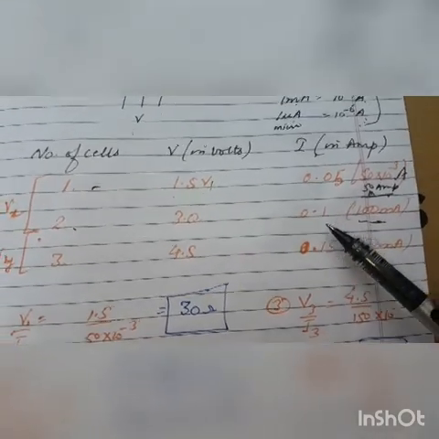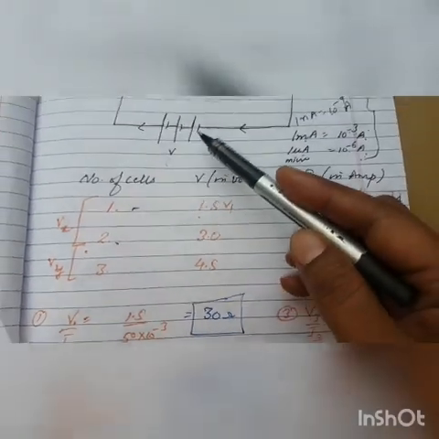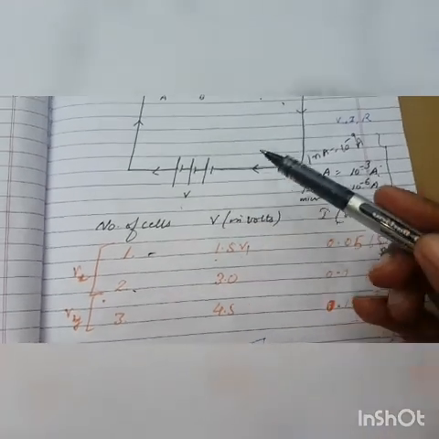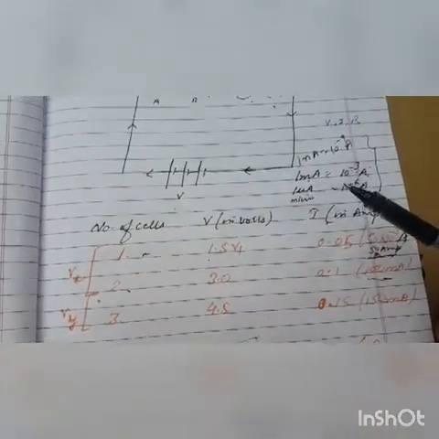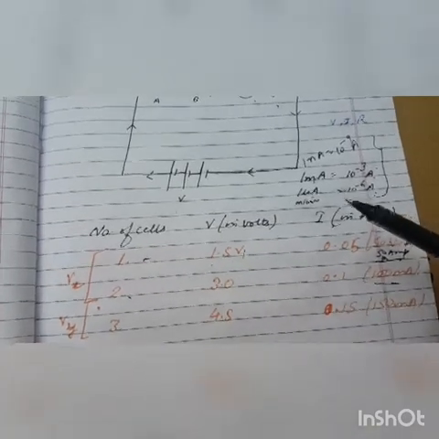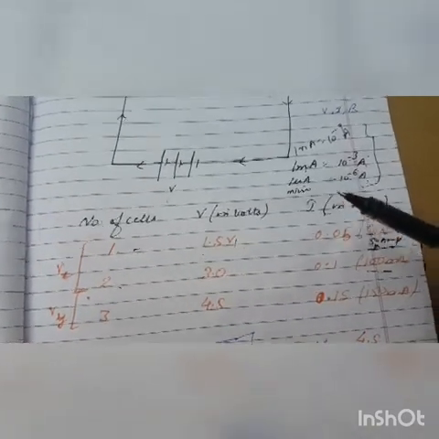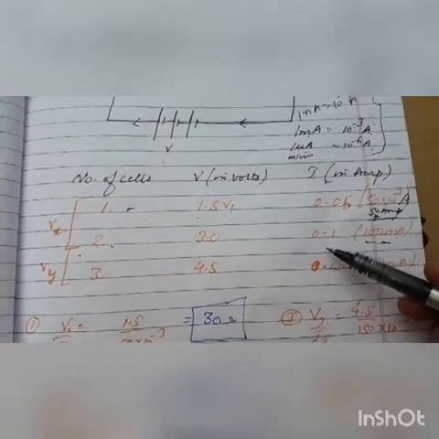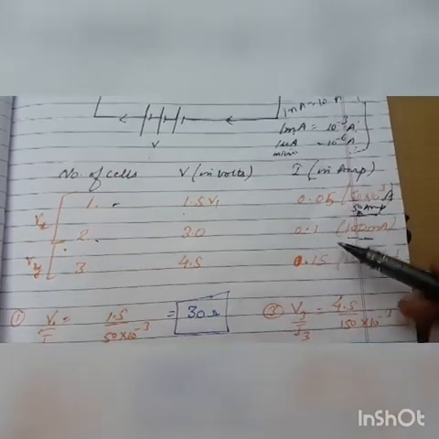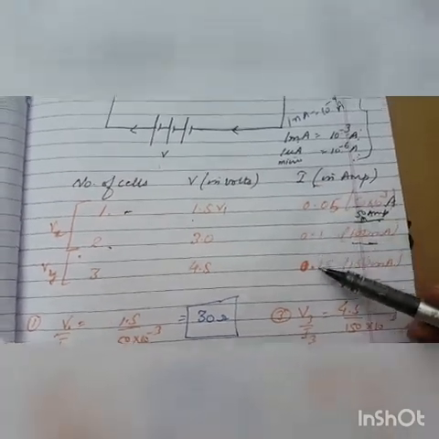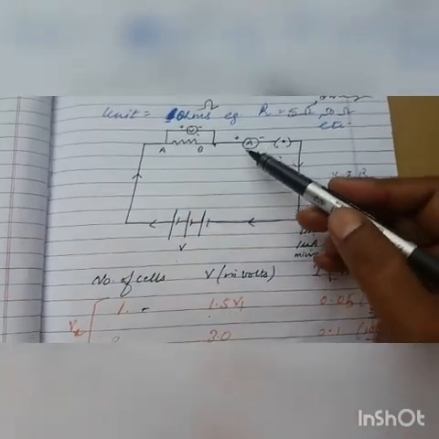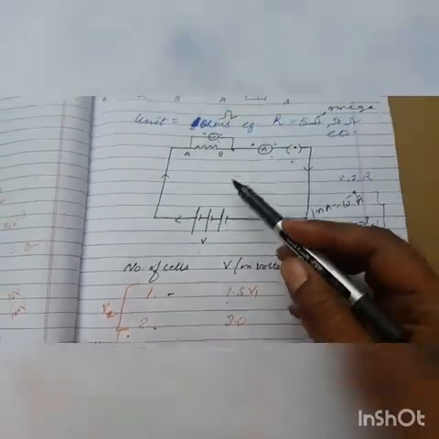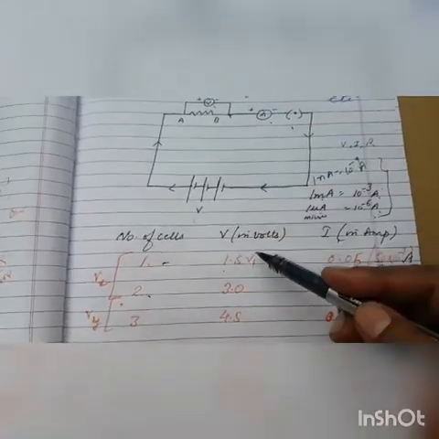Current also increases. Why does the current increase? Because the circuit is using a battery, and that battery is utilizing its chemical energy. It expends its chemical energy for the charges to move. When the charges move, and with what speed and energy they move, that is going to increase the amount of current in the circuit. So the current will also increase. That comes out to be 0.1 ampere. You are going to see these current readings in this ammeter, and the potential you know from the cells' reading itself, and in this voltmeter also you can see these readings.